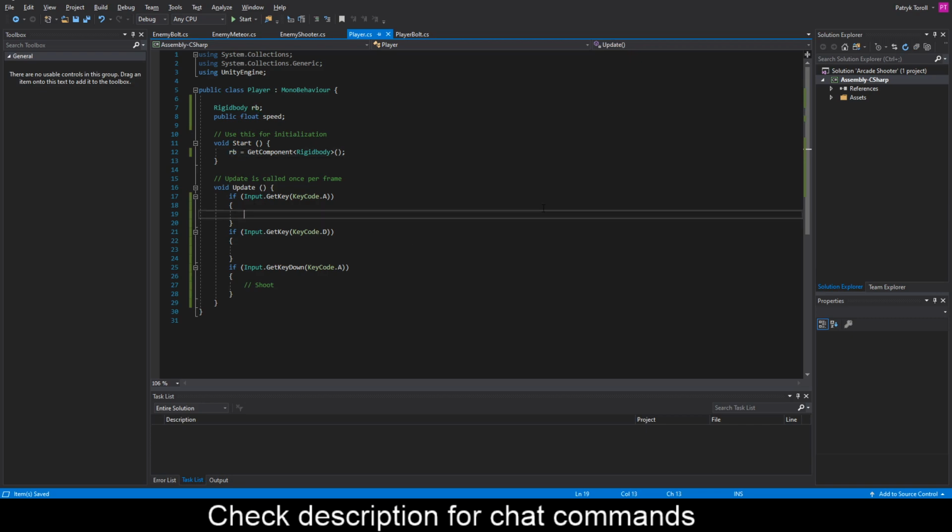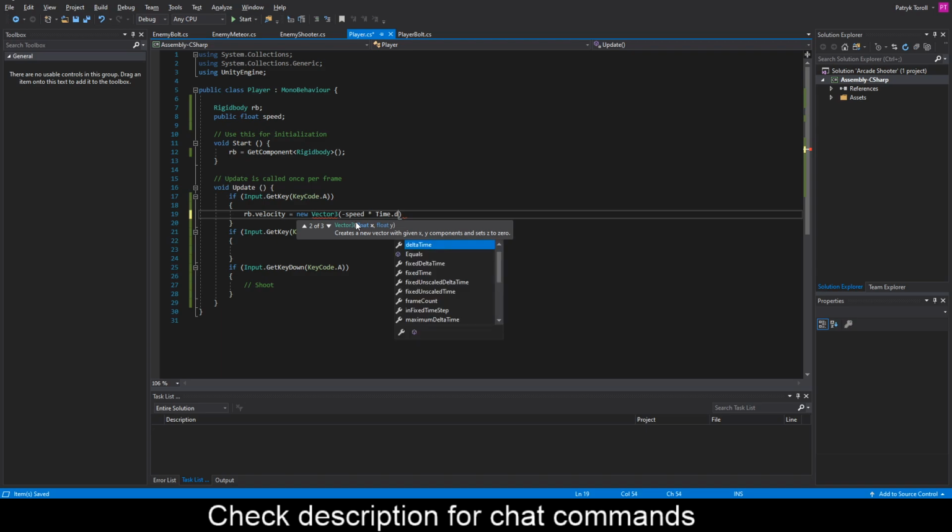Now we need to change the velocity of it. So RB.velocity. If you have been to the last episodes on the 2D game, it works very similarly. Basically, we're just changing the velocity, but over here we need to change it just on the x-axis. So a new Vector3. Now we need to apply the speed, which to the left is a negative value, so minus speed times Time.deltaTime,